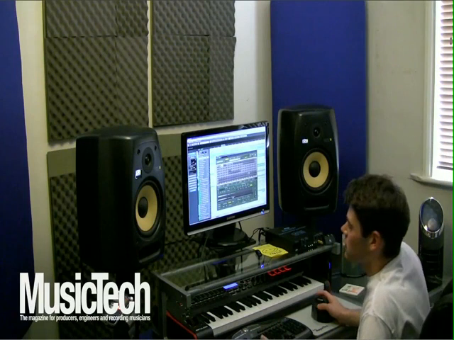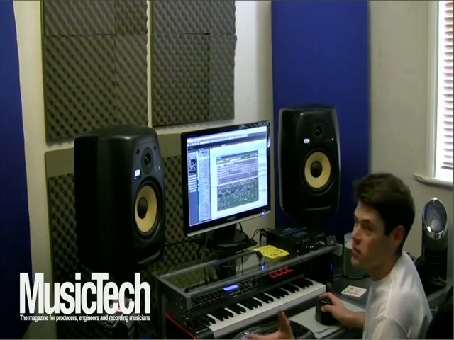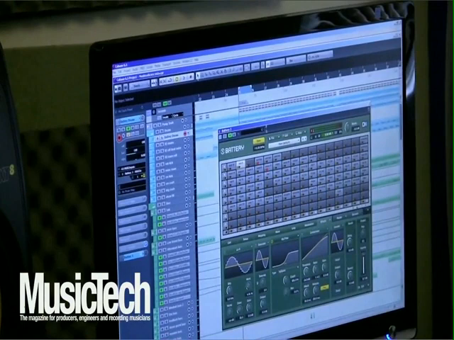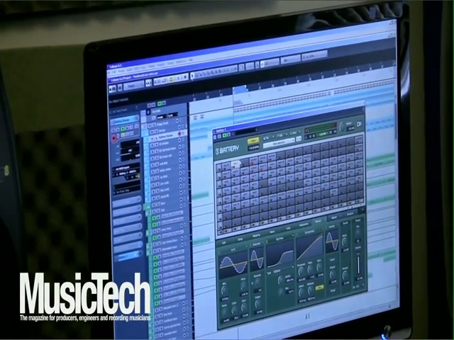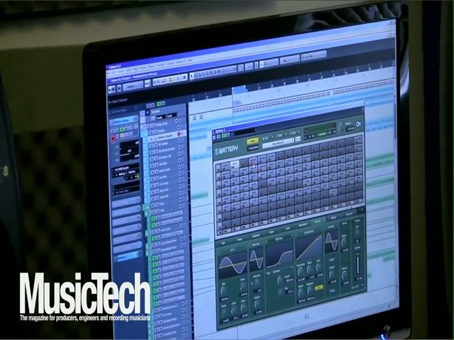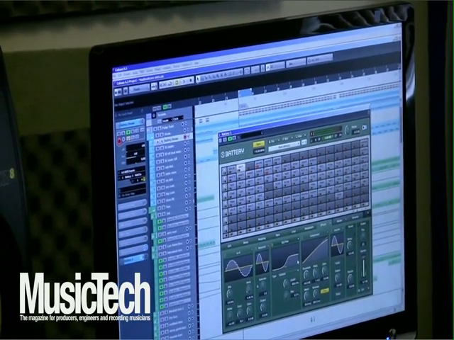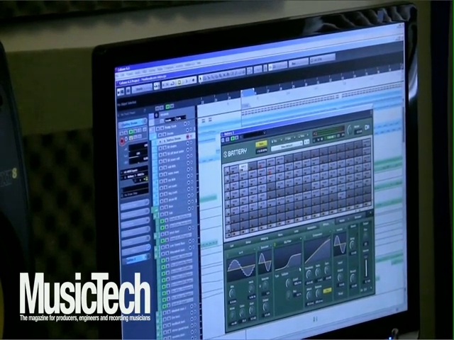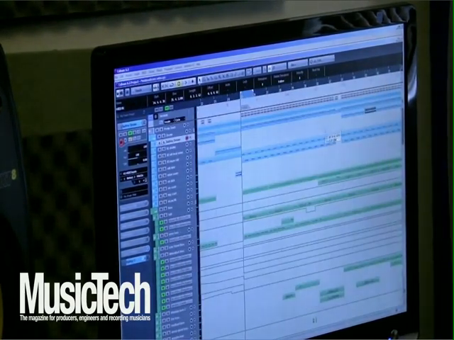Also in Battery, it's got a bunch of processing in there you can use. So in the effects section here, it's got some bit crushing, saturator, and EQ. I tend to use the EQ on the drum sounds in Battery quite a lot, mostly to filter out unwanted frequencies. For example, for my kick drum here I've got a kick drum sample, and I've used the filter in Battery to take out all the low end. So I've got the mid-range and the click of the kick drum. The reason I've done that is because the low end of my kick drum is going to come from another plugin